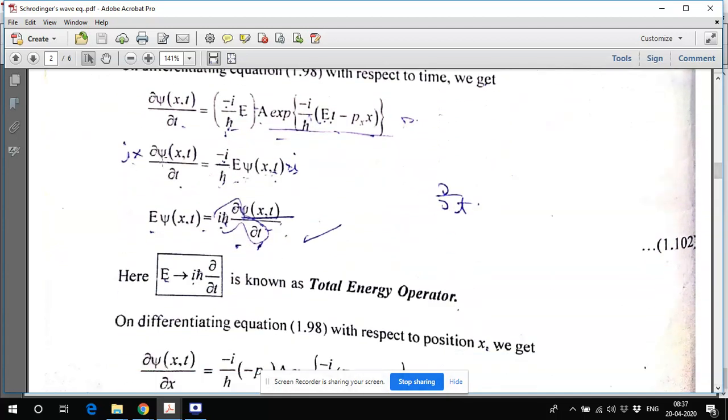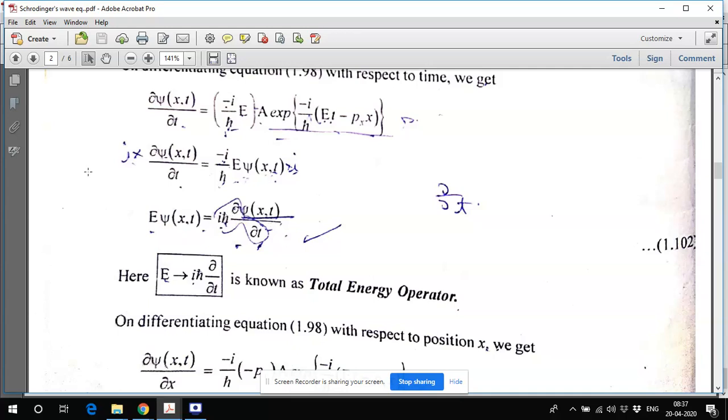If I multiply this equation by i, I have i on the left-hand side, but on the right I will get minus i squared, and i squared is minus 1, so minus i squared will be plus 1. So I will get i del by del t psi, and on the right this will be plus 1 upon h cross. If I take this h cross to the other side, I will have E psi(x,t) equals i h cross del psi by del t.